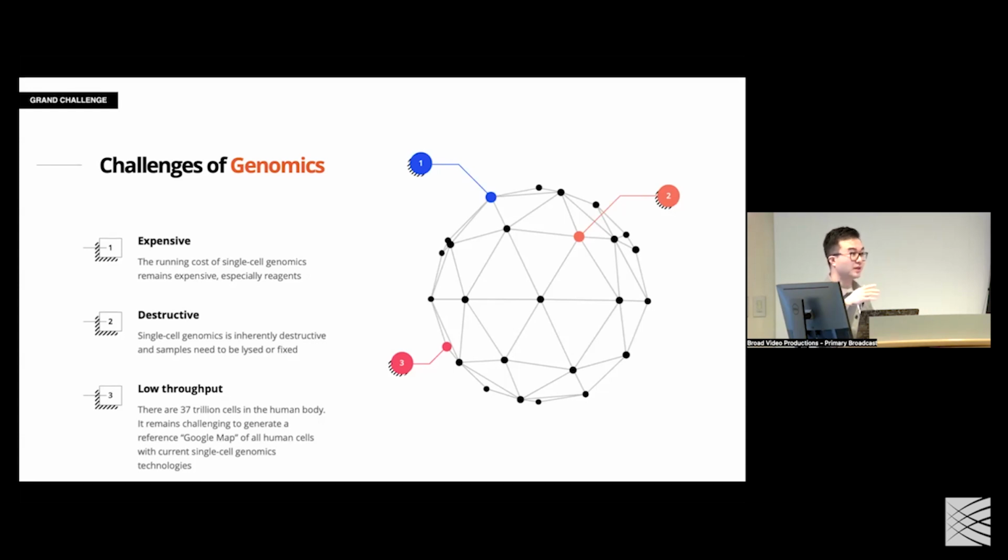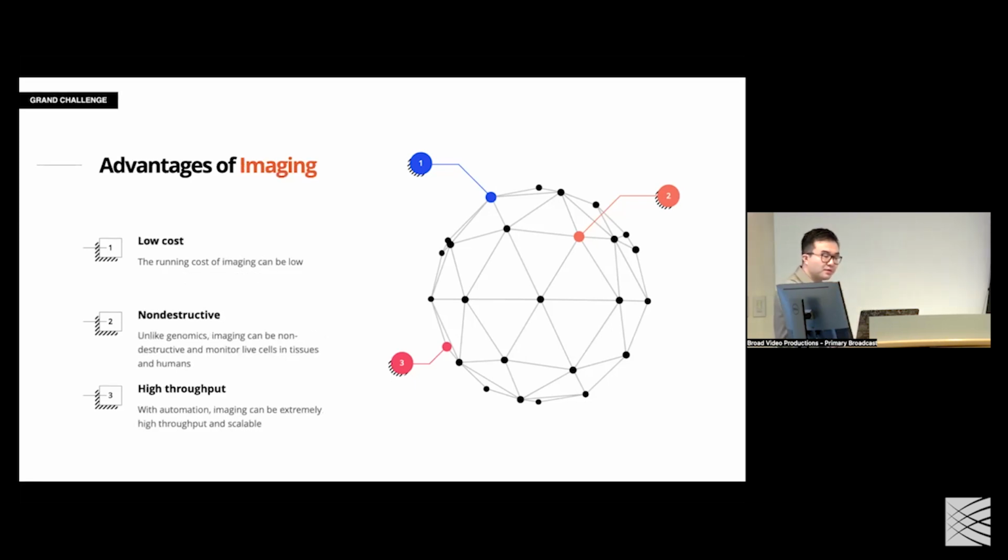And if you're thinking about expanding this to the entire animal kingdom, or the species and the microbes in each human, we need a much, much higher throughput measurement approach. So that's why we think about what the other phenotyping approaches are. Then we come to this very old way to define a cell through imaging.